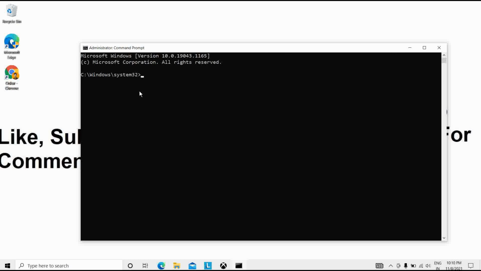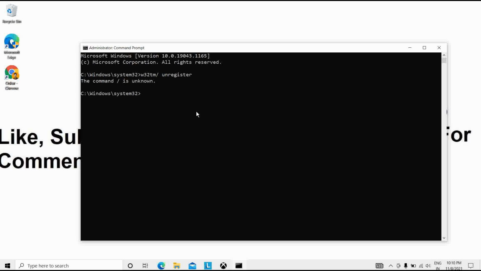Okay, after that I will put in some commands that you have to type. w32tm /unregister. So you have to type this command here and press enter. Okay, it's showing that it's not valid. So if it's not running here, then we have to open it in boot mode, and you have to do that.